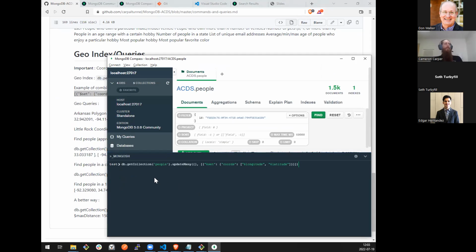So reading this from left to right, we are doing our standard db.getCollection. We could have also just said db.people. The getCollection thing is an old convention. It still works, and it's common to use in JavaScript. The IDE, which was Robo3T that I originally wrote this in, defaults to this, and I probably just copied it from there. But effectively, we're saying on the collection named people, I want to do an updateMany.